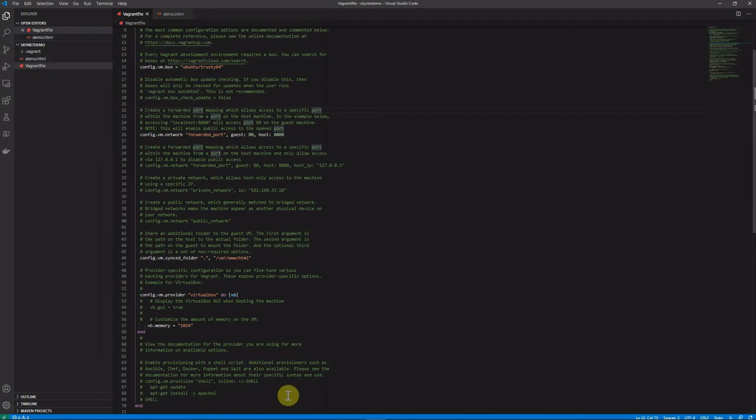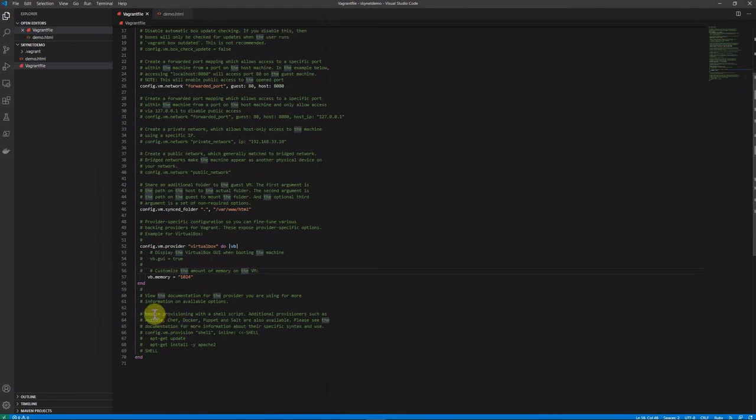Now let's see the provision part. So in our Vagrant box, what we can do is we can enable the provision. For that, enabling this, and then we are going to run apt update. Then we are installing Apache 2, okay, and this end will be there.